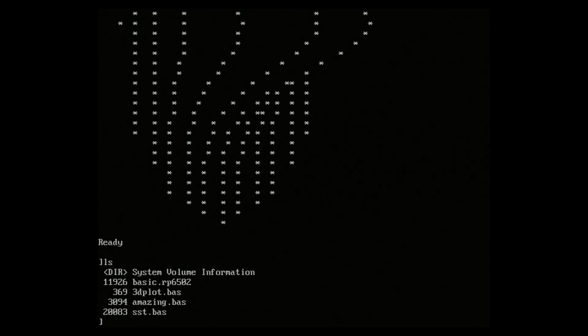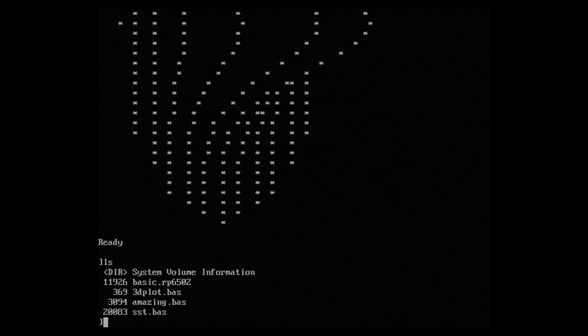Well, we've seen the monitor can do this, but that means we have to exit BASIC. I need that file name, so I'll press Ctrl-Alt-Delete to get back to the monitor. Now I can ls and see the file is called amazing.base. Stopping BASIC and rebooting is fine when you want to load something, but what if I needed to check a directory before saving? Rebooting would clear any BASIC program out of memory, so it would be lost before it could